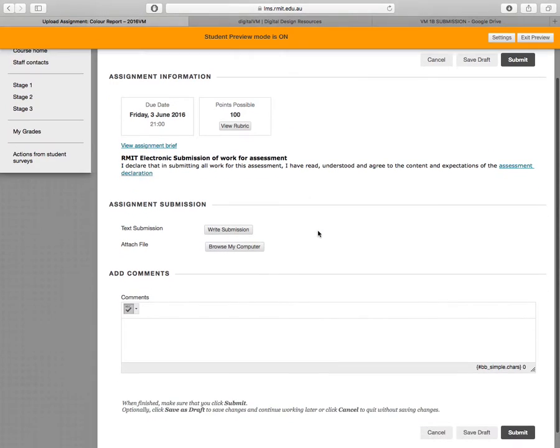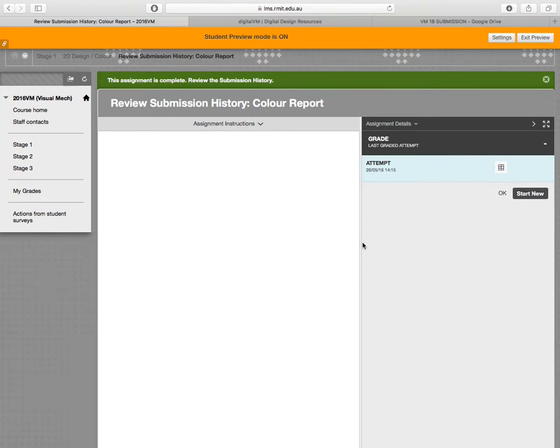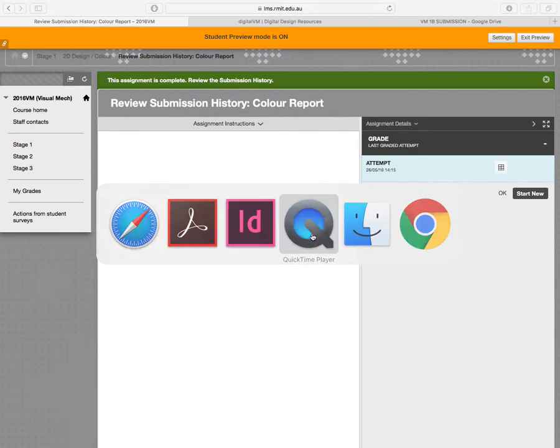You get to this here. All you need to do, you don't need to add anything to this because we're using Google Drive instead. All you need to do once you get to this stage is click Submit. And it'll say, hey, you haven't added anything. You sure you want to do it? You'd be like, yeah. And that's it. That's like your digital submission form. You're now in my system, which means I can now grab you for those projects and I can assess you for those projects, and then you'll get the results back via Blackboard. Okay? I'm just going to